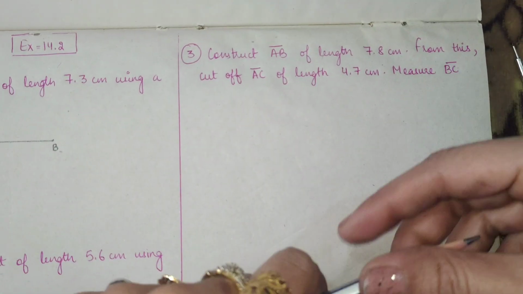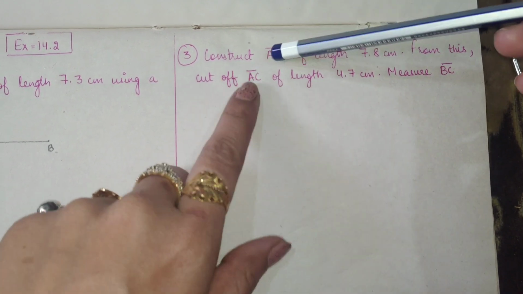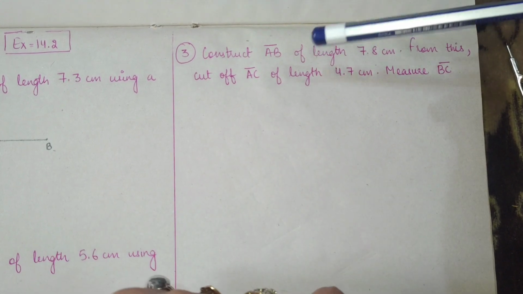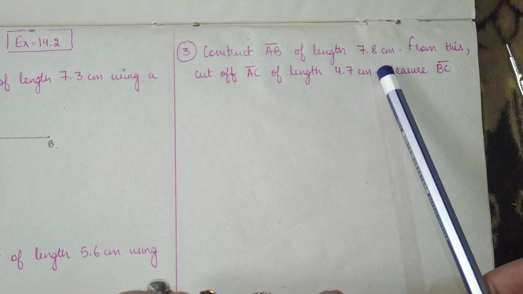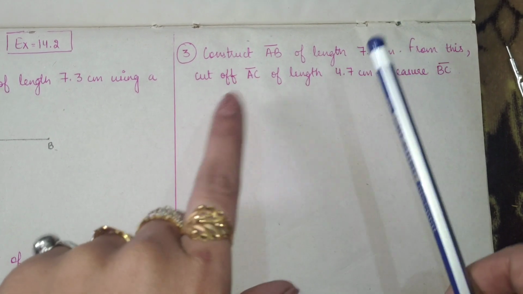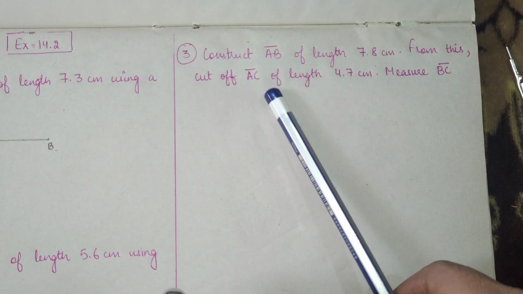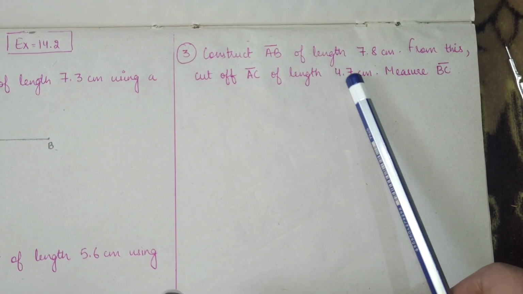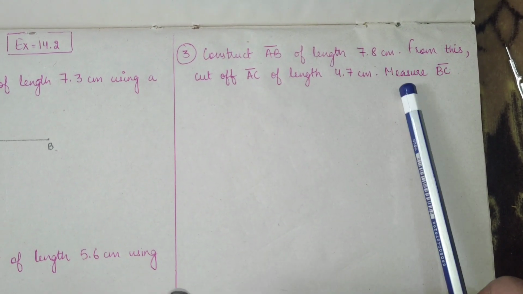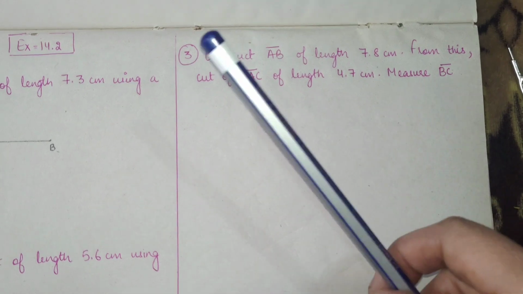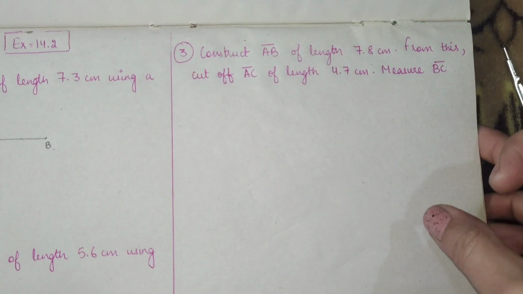It says construct AB, line segment AB. Since there's a bar on AB, so it's a line segment. Construct line segment AB of length 7.8 centimeter. That's the first part of the question. Second, from this cut off line segment AC of length 4.7 centimeter. That's the second part, and then measure the line segment BC. So यहाँ पर हमें 3 steps में ये question करना है. First, you need to